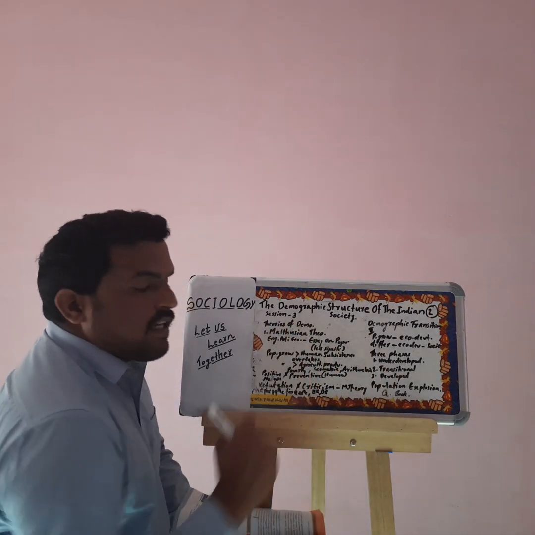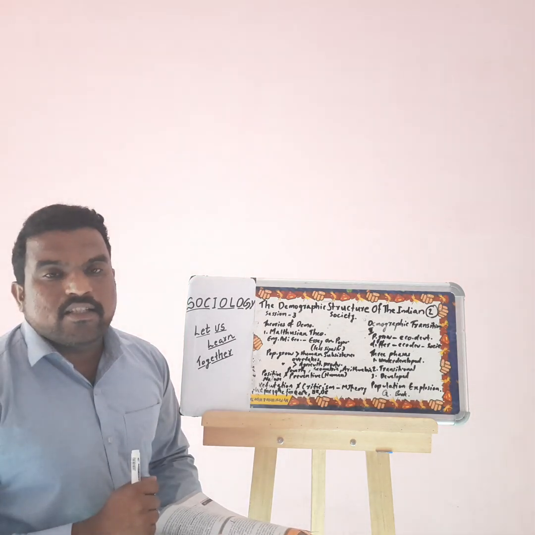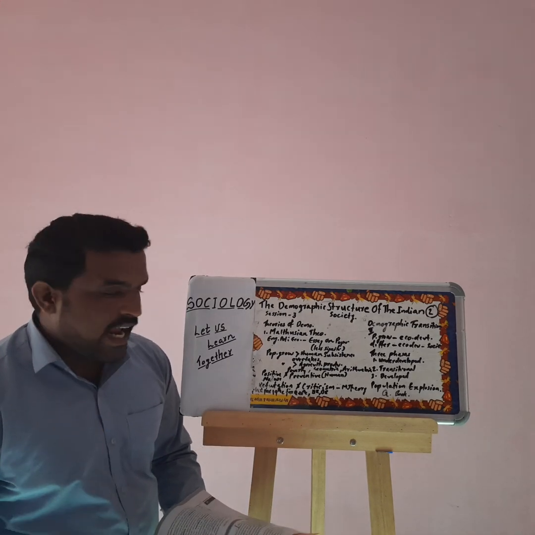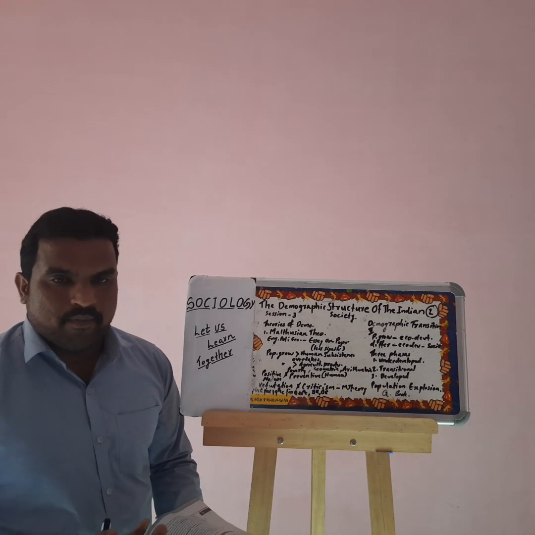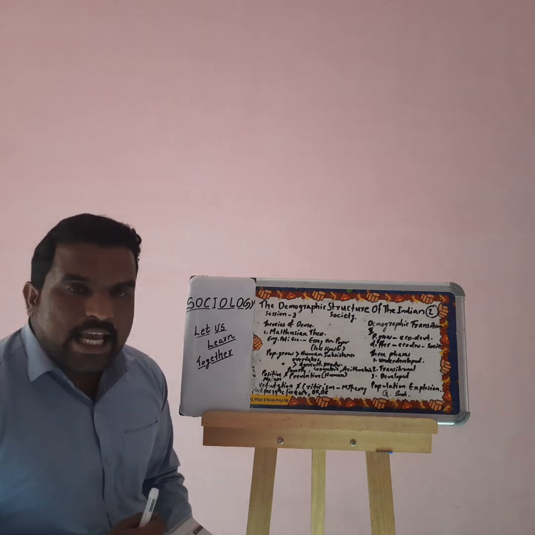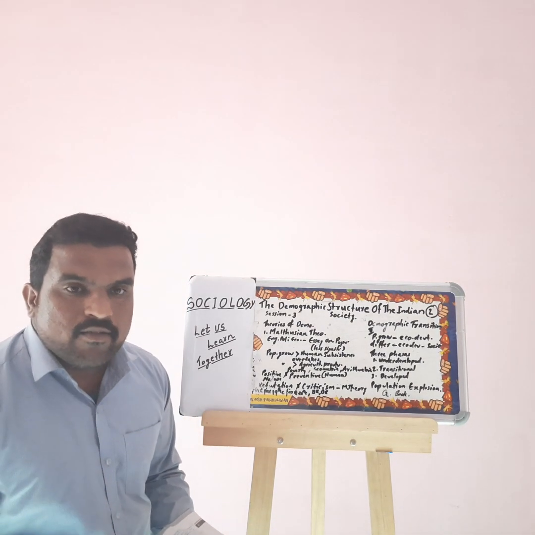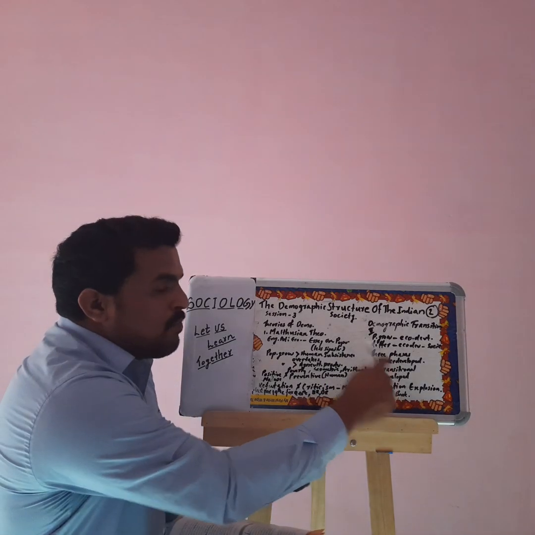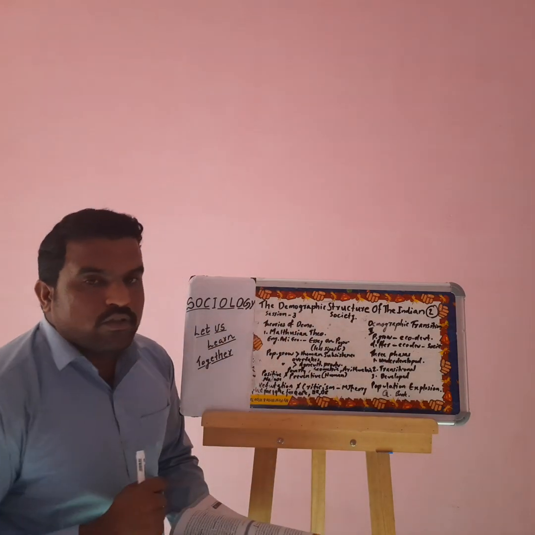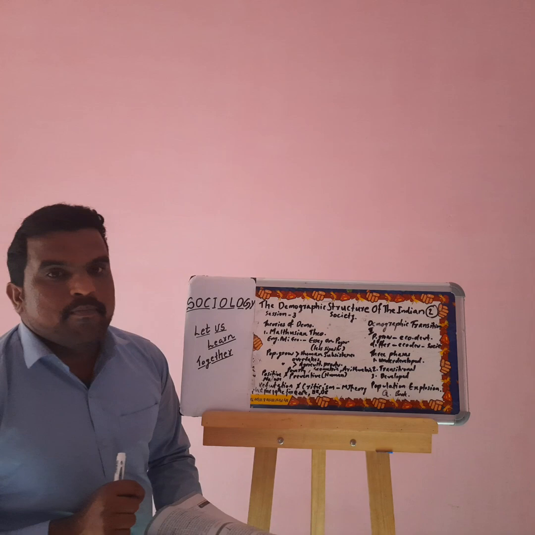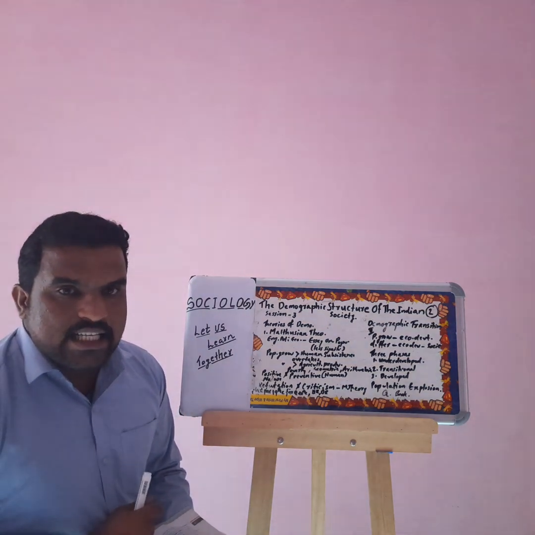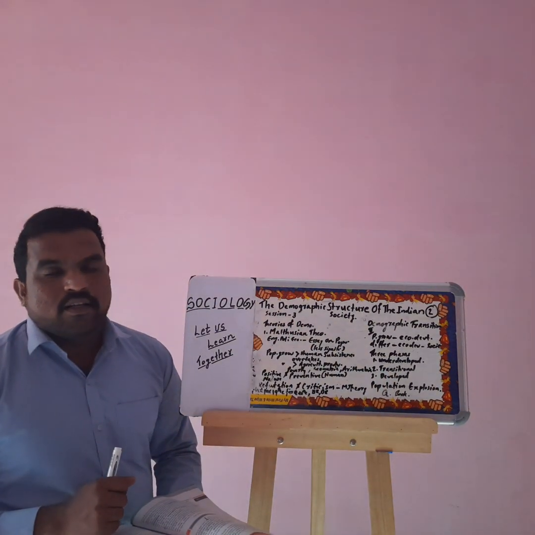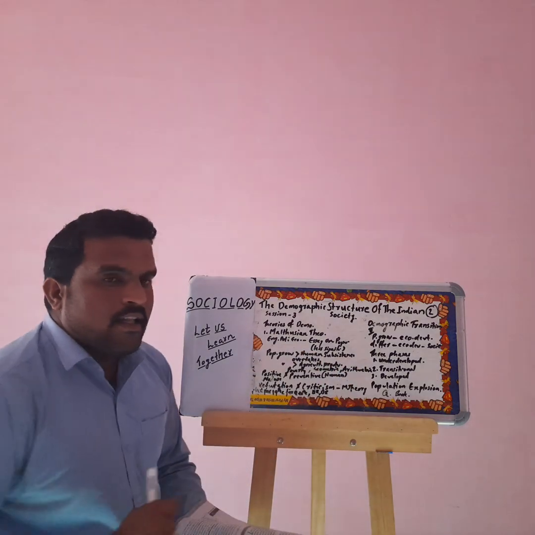Second, there was a transitional stage. Transitional means there was a change that happened to the society. What was the change? The changes were brought by proper medical care and nutritious food supply, and sanitation works done in the society. So society improved. This period is called the transitional period. Population growth increased because birth rate was very high and death rate declined because of the improvement in the society.